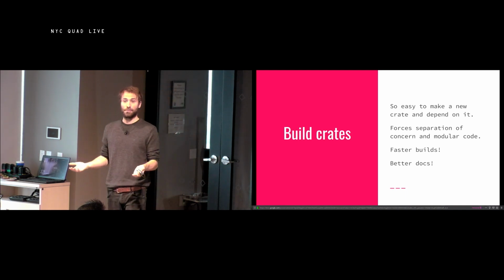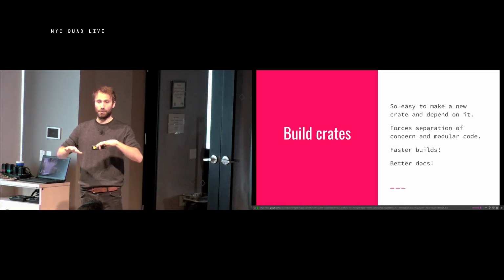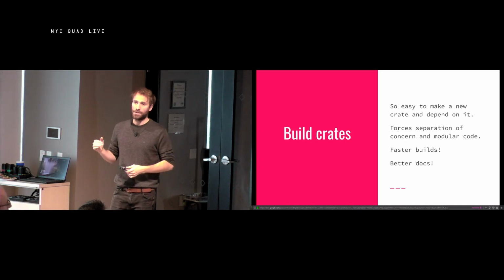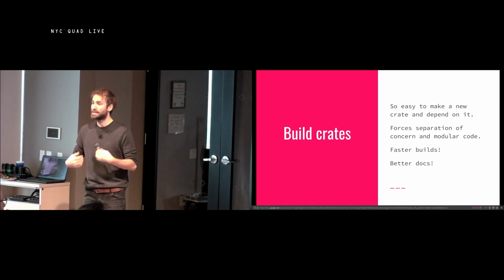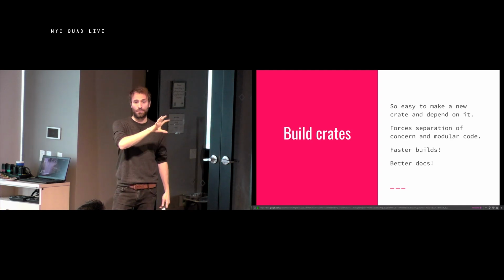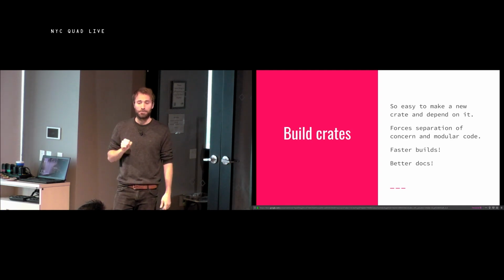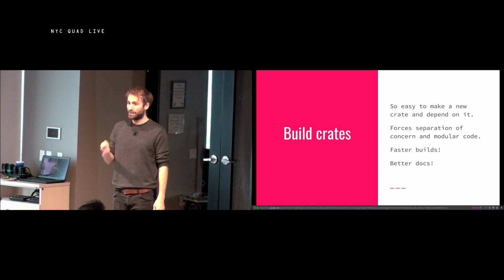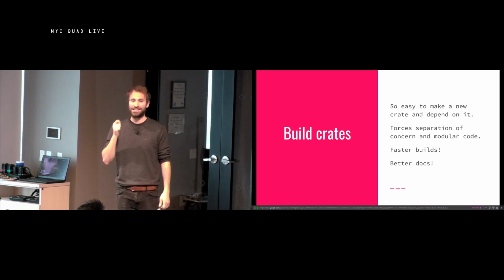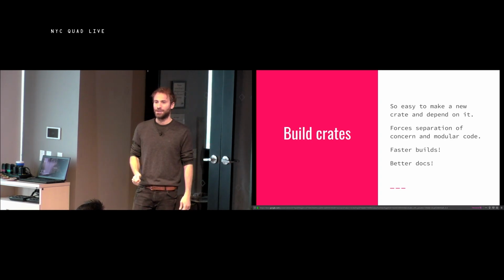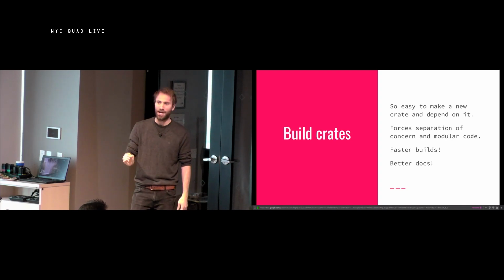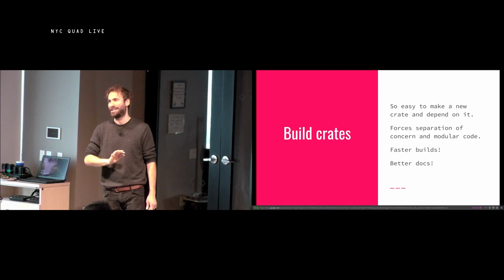It also gives you faster builds because Rust compiles multiple crates in parallel, and so it speeds up your build process. And finally, it gives you much better documentation. It incentivizes you to write documentation for each module separately. And Rust has, amongst other things, a lint that you can turn on in the compiler itself, in the language, that says deny missing docs. You set that at the top of your library, and now your program will not compile unless everything is documented. It's fantastic.